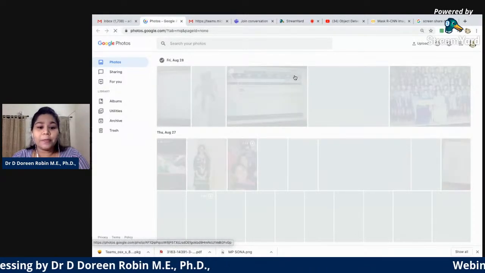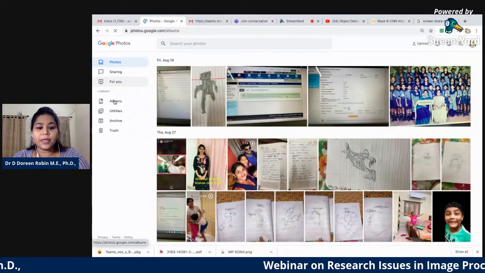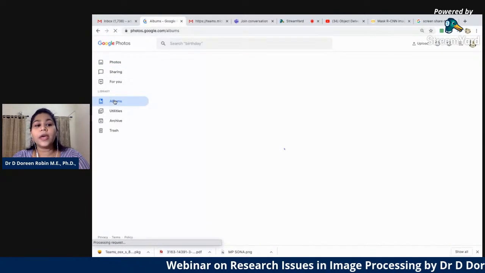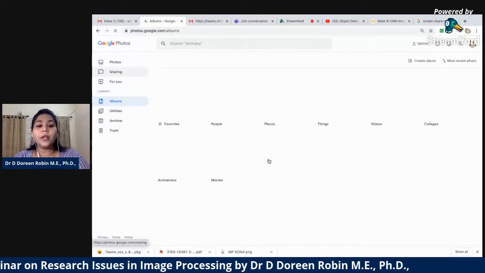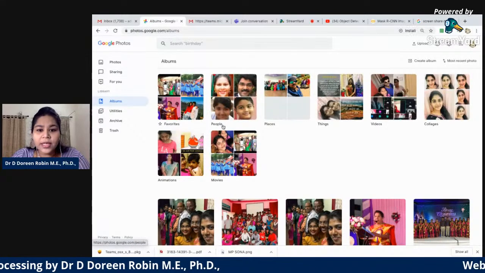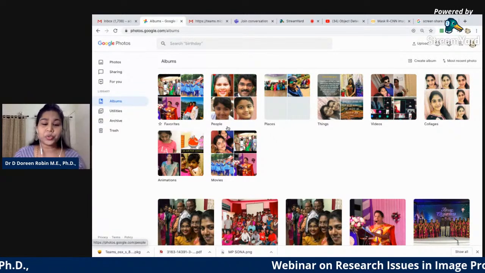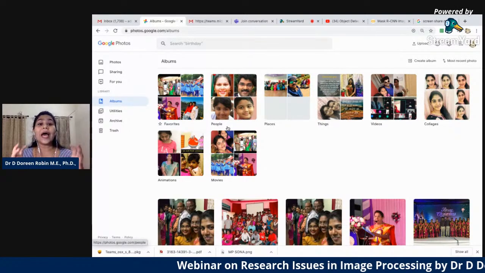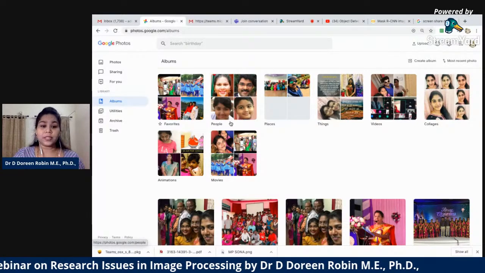It tells me how many people are here and how I'm categorized with people. This is my Google Photos. Can you see here? It is clustering. This is an important research issue that is going on, called image classification or image segmentation.